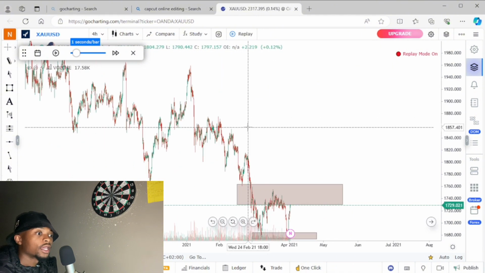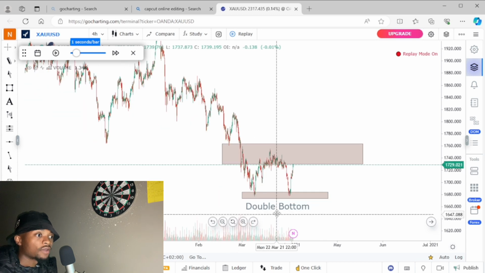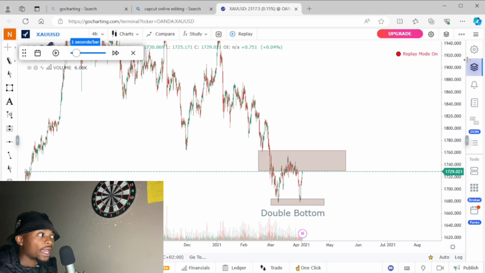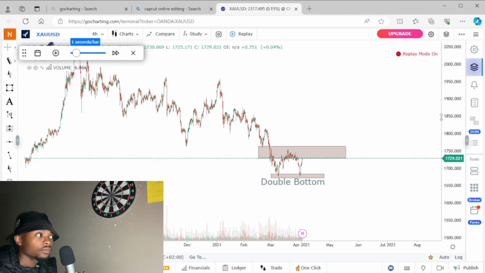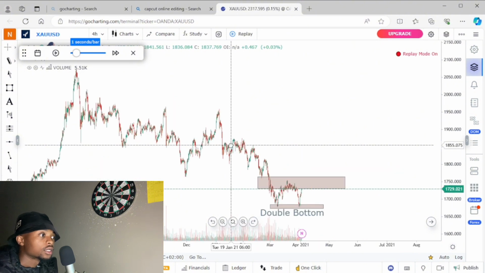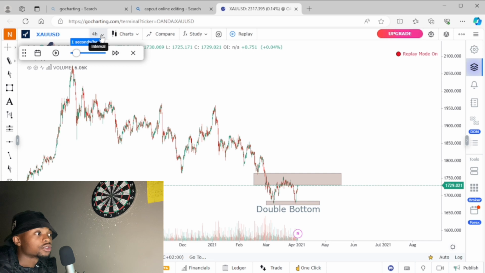So right here, as you guys can see, we have ourselves the double bottom. But before we get there, if we were to analyze this chart, this is where we would have started. We would have started on the 4-hour time frame so that we can first identify our trend, right? So we just come here and use,